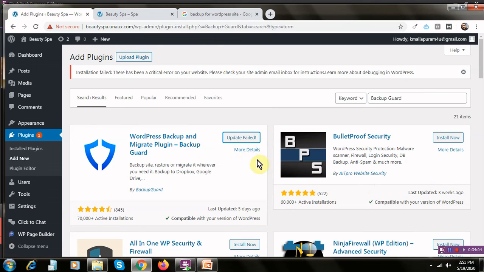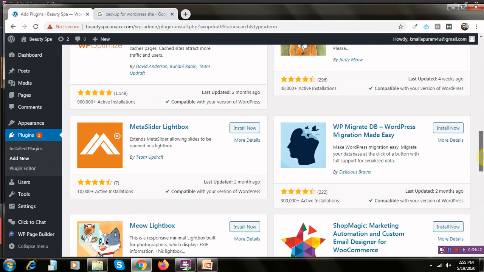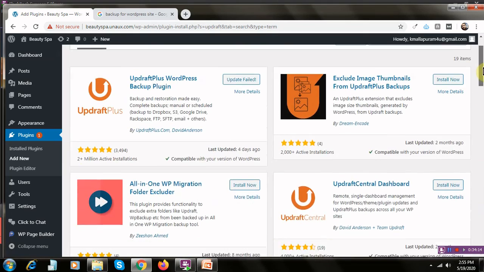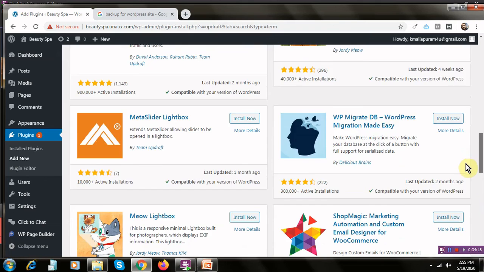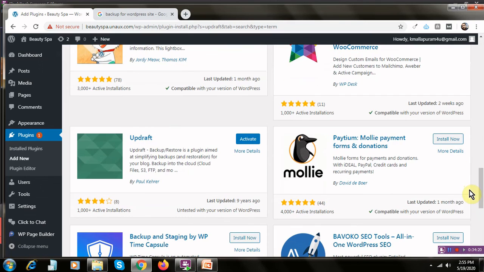Now this update has failed. Let me debug this and check the best that can be done. So guys, we were clicking on Updraft Plus, which is not compatible, though it shows as compatible for us. We tried the higher version as well. But now we have found one more Updraft where you can easily back up your files. Click on this Updraft, install it and activate it.